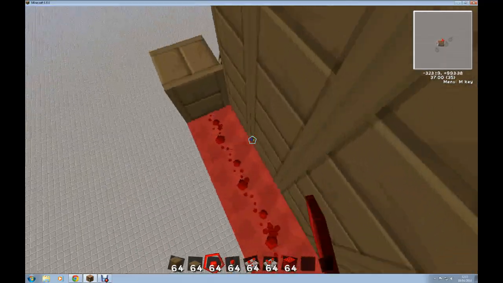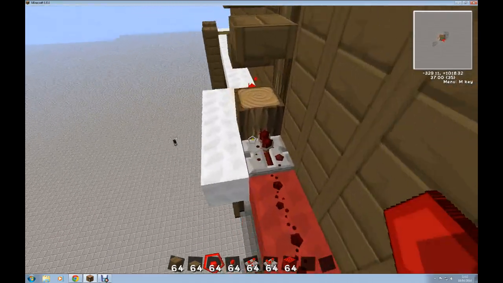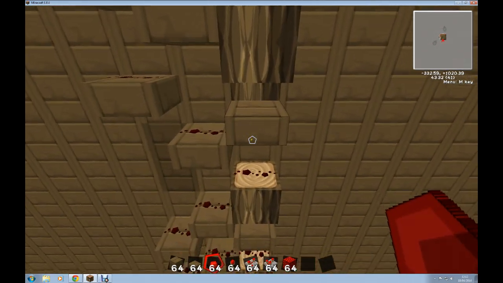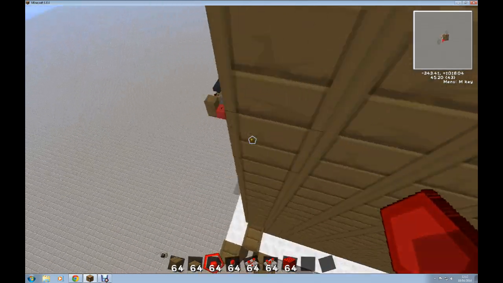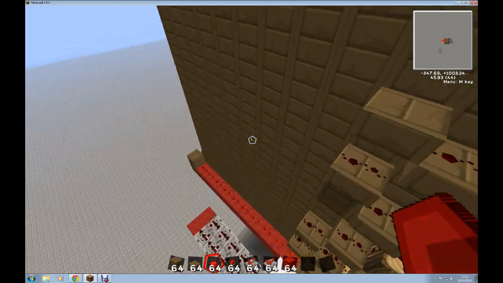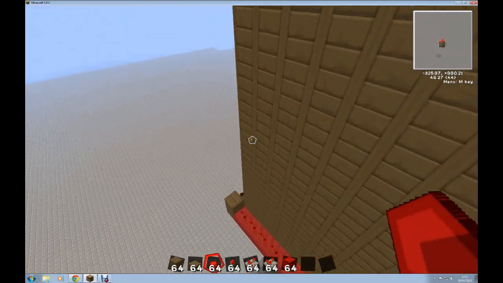Obviously I'm in creative, so I'm flying, so it's a little bit more dexterous. You don't want to go falling off this ledge in survival. And up the towers as well. Yeah, these occasional half slabs are there to prevent creepers spawning on those blocks. And that one there. And again, half slabs at the top. And up this one. Two more. And lastly,